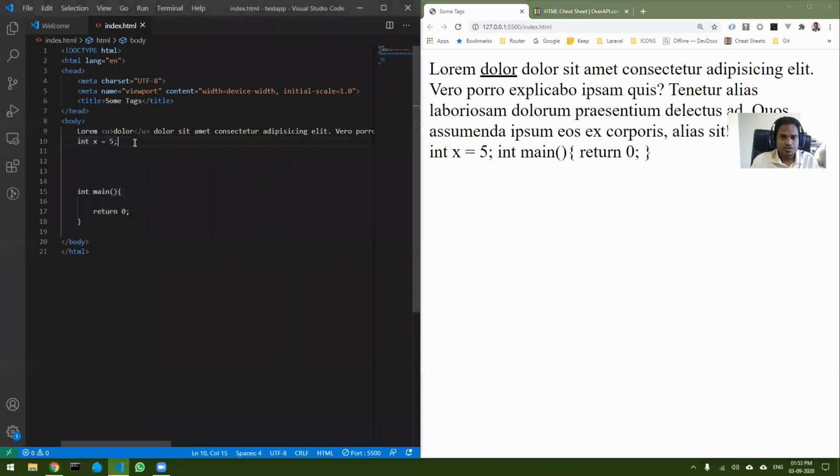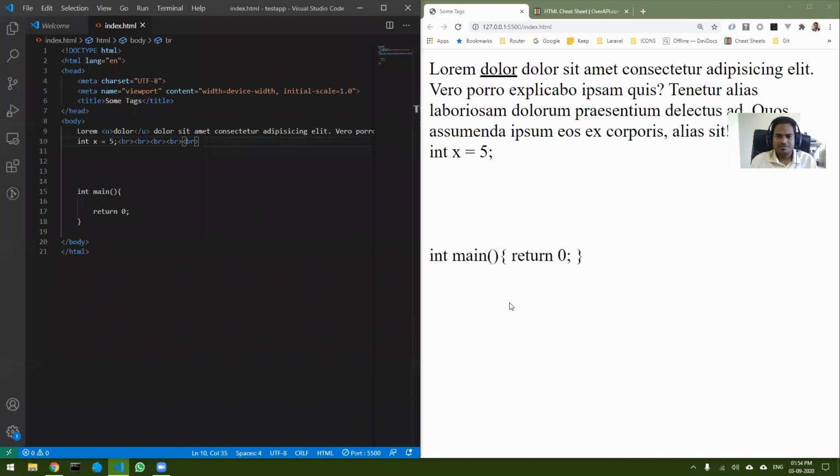Obviously you can solve this by the simple BR tag that we have seen in the last session. If I do this, this also helps. It brings it somewhat near to that, but this is not the way you put code inside your HTML.